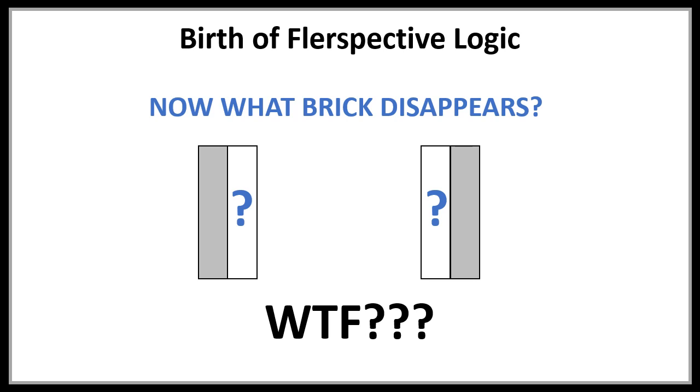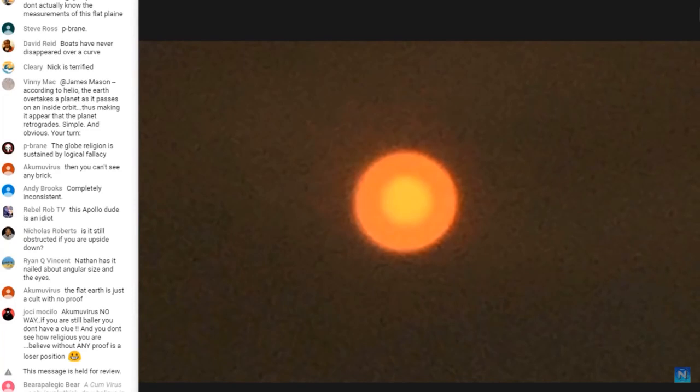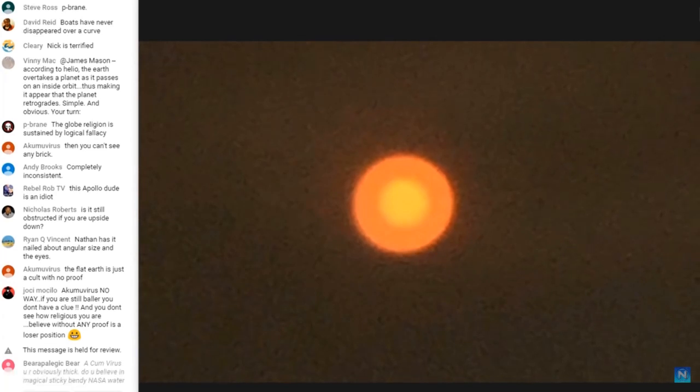But let's continue with Nathan. But as you've just ably agreed and conceded, the bottom of stuff can just have too small an angle to see it. But the stuff above it can still be seen because it's got a bigger angle. So the bottom brick, being the bottom section of a building perhaps, is gone due to its angular size and absolutely nothing to do with earth curve obstruction.